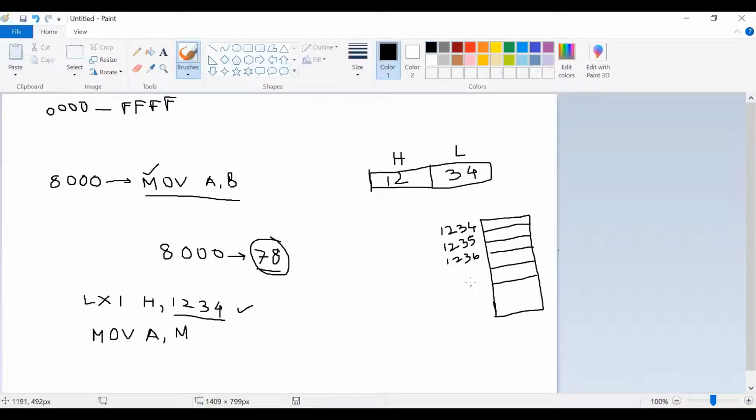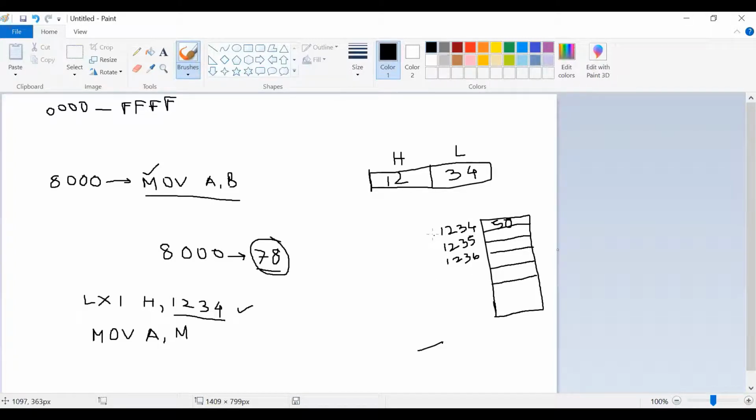In this way it will grow in increasing order. Now this is my memory location where some data byte is stored. Take any data byte. Suppose 50 is stored.